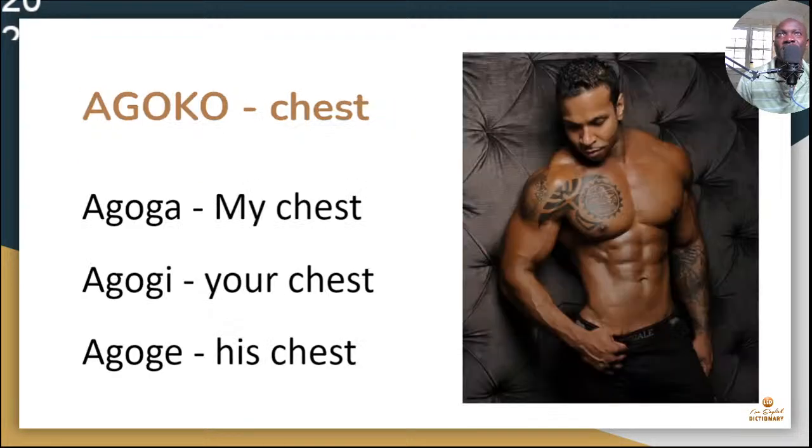And the next one is agoko. Agoko is the chest, where you see this man has put his tattoo. So agoga is my chest. Agogi is your chest. Agoge is his chest. In the sentence you can say